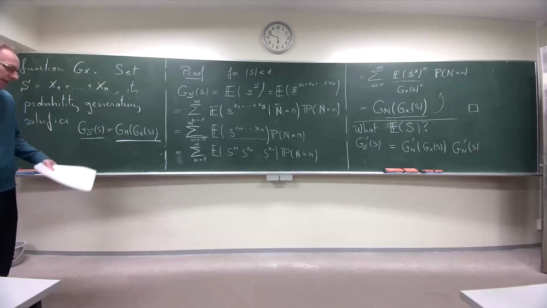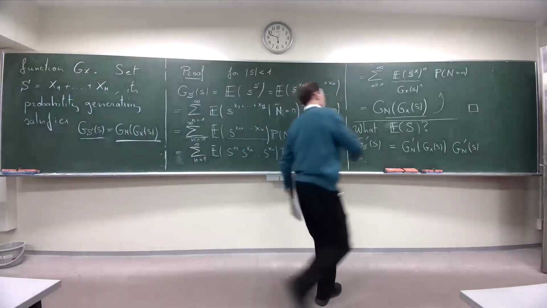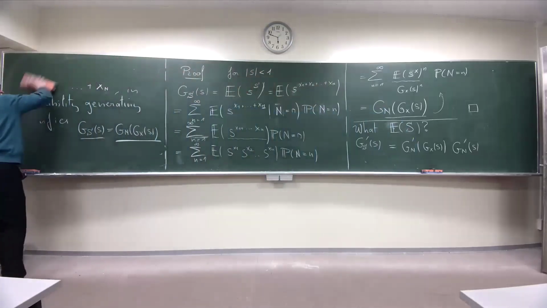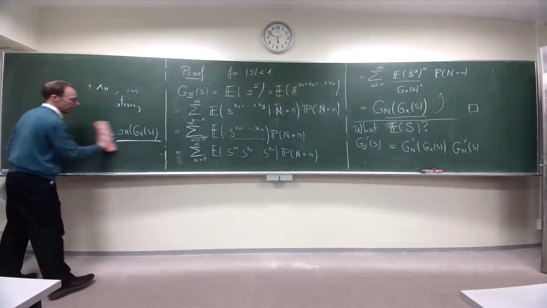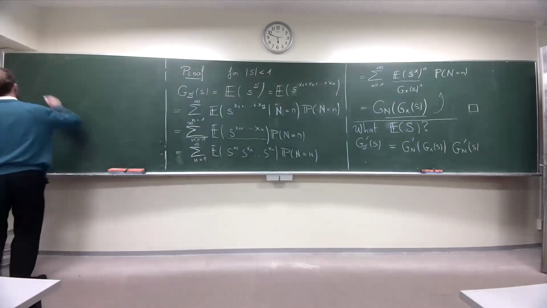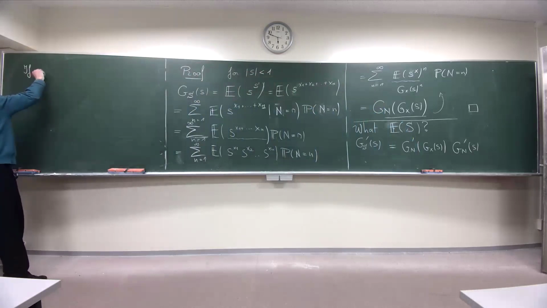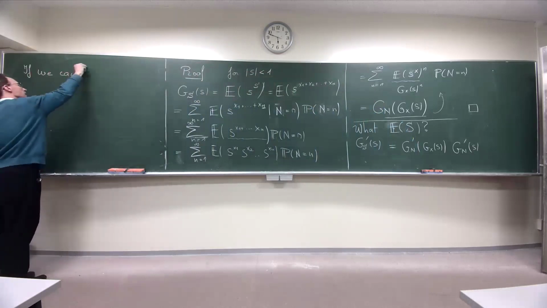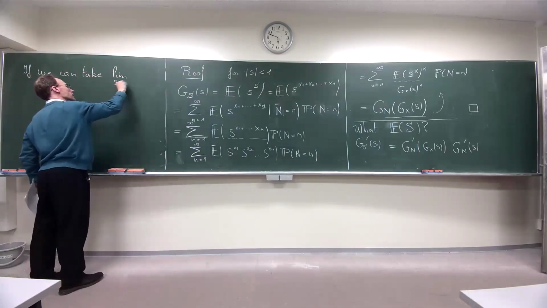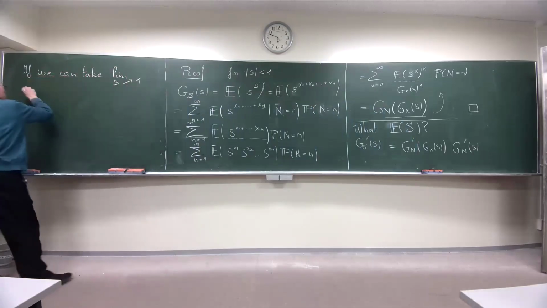So if it exists, if I can take this limit, and of course this depends on X and on capital N, if we can take the limit as s goes to 1, one gets